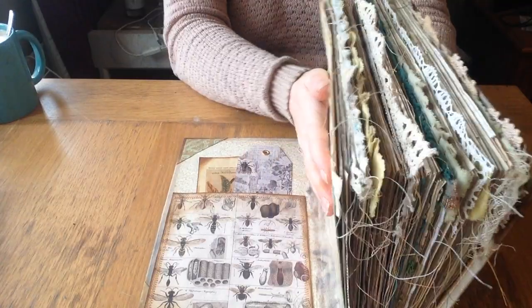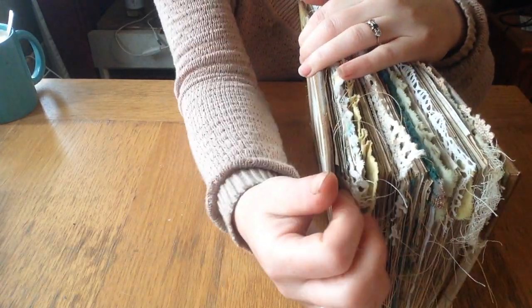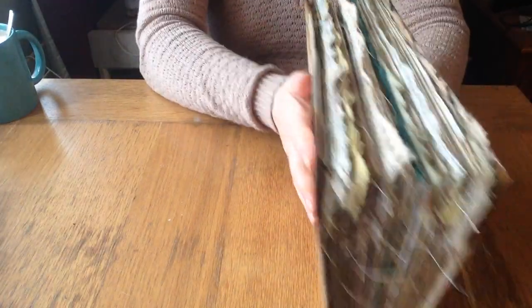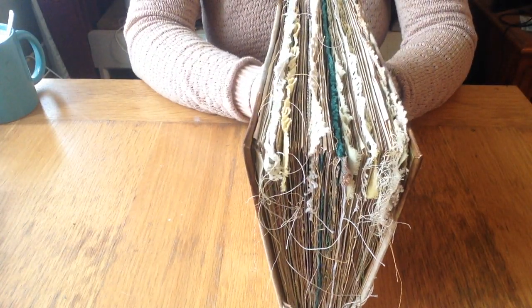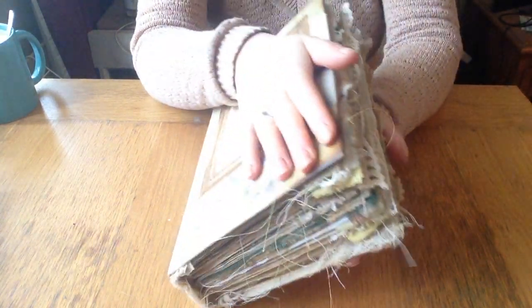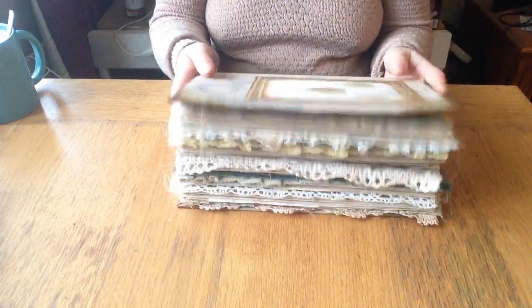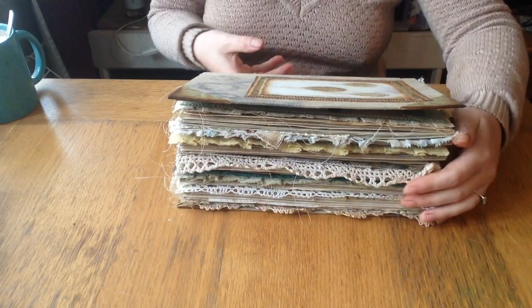Okay, so the book has got 5 signatures, 150 pages or 300 pages front and back, so an ample amount of space for your photographs and writing and documenting. So this is what it looks like. It's quite thick. It's a thick book, and I will list it